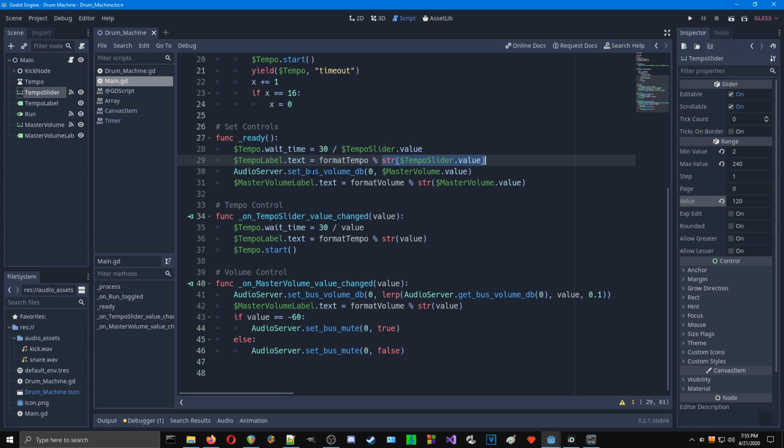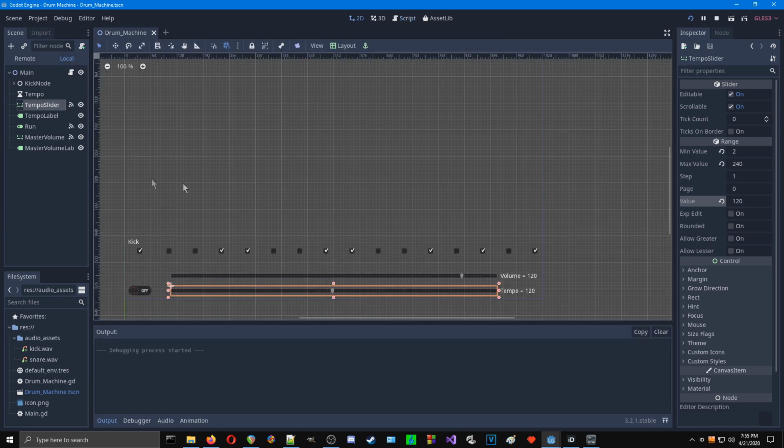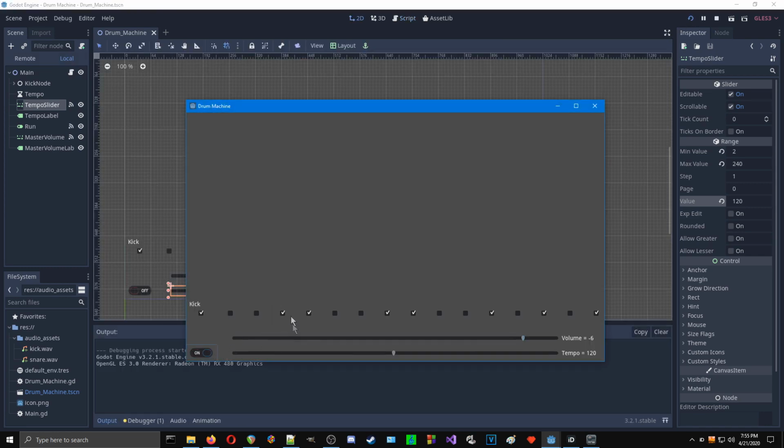So anyway, right here. Oh, and as far as tempo goes, 30 divided by the value in BPM, that's the amount of time that will give us eighth notes. So if we listen to that,